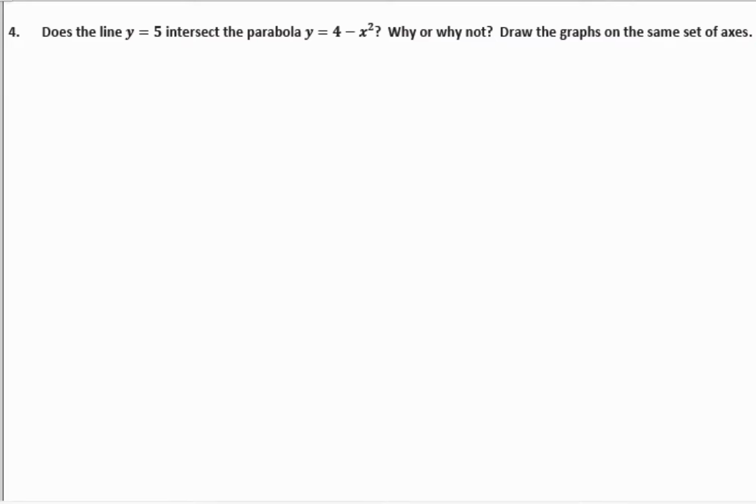Does the line y equals 5 intersect the parabola y equals 4 minus x squared? Well, again, I want to get a little thinking going on in my head. We could always go to Desmos, but y equals negative x squared plus 4. I rewrote it so I can see my x squared out front, and my brain should be thinking,